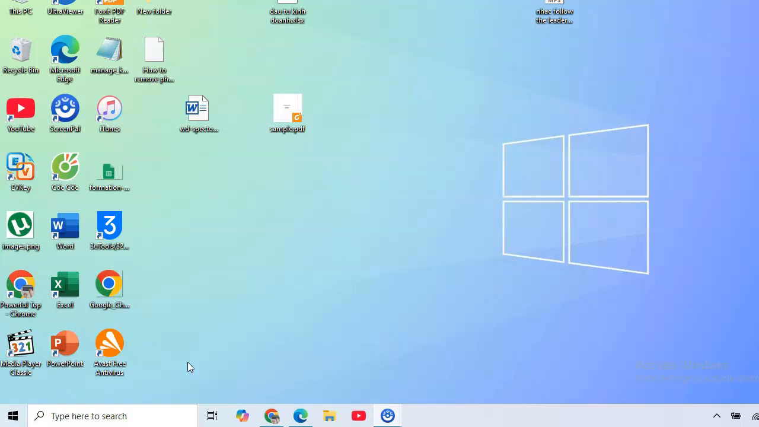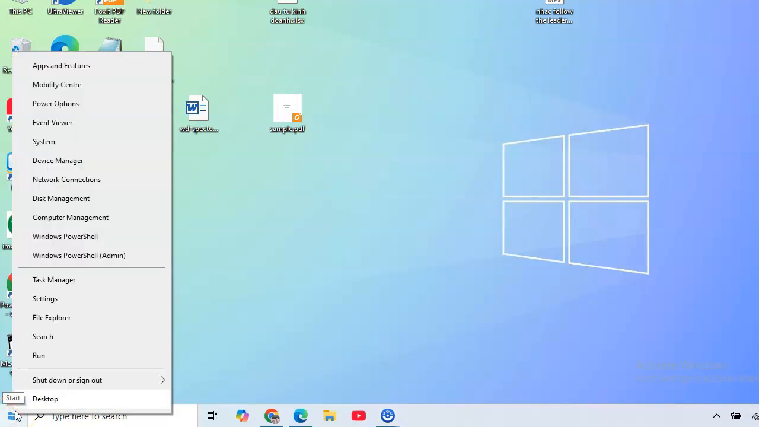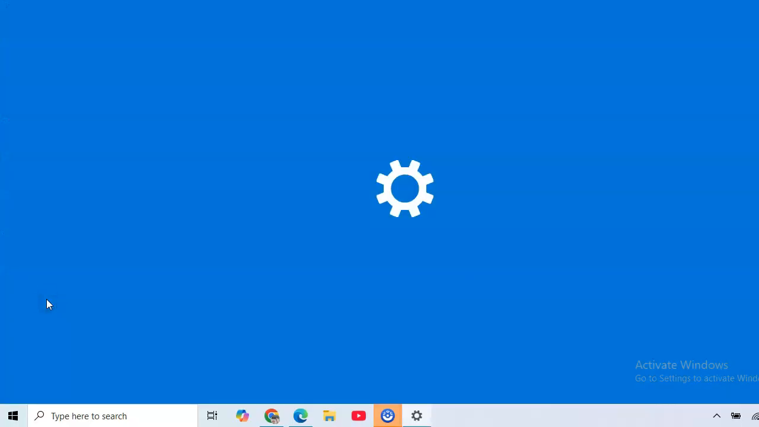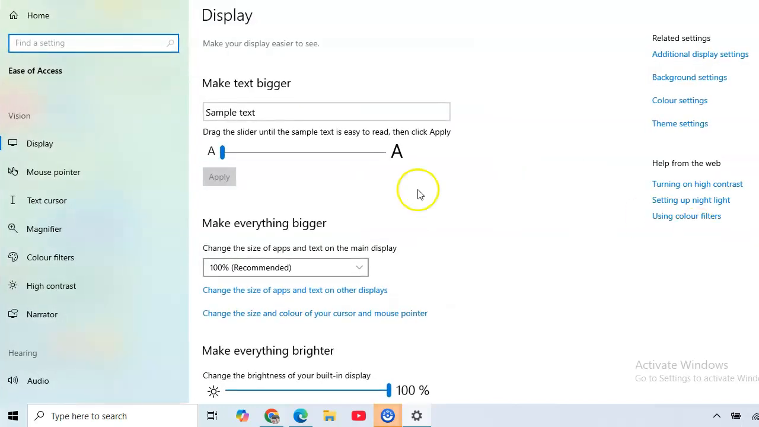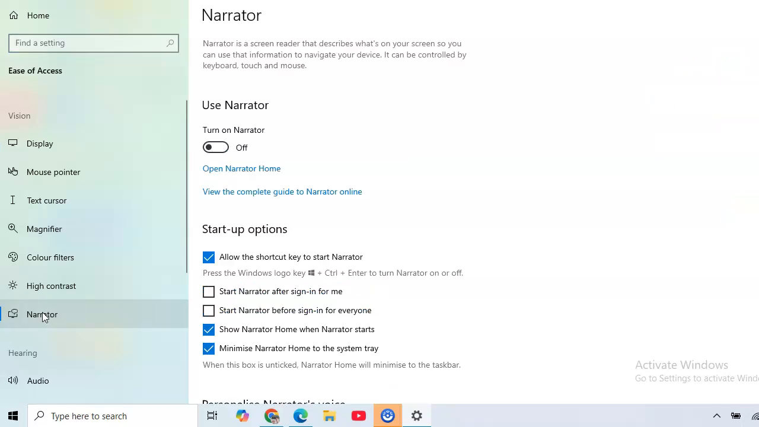Okay, how to change narrator voice on Windows 10. First, just go to the start icon and then right click. After that, click on settings. And then click on ease of access. After that, in the left sidebar you see here narrator, just click on it